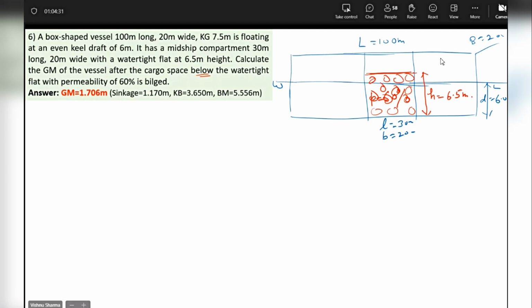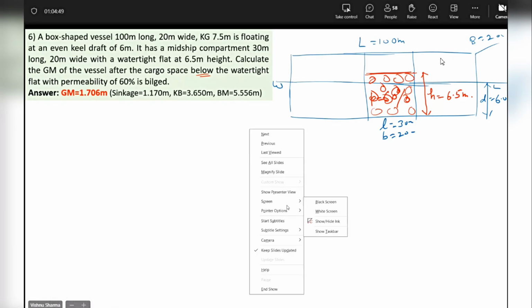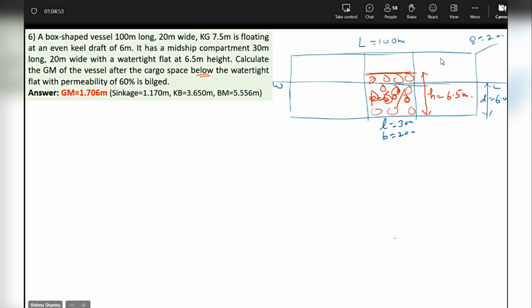In all these questions until now, what were we doing? We were bindas drawing W1, L1 and proceeding. Now I'll hold back W1, L1. Guys, what is the first shade, the lost buoyancy? I'm sure all of you would agree that this will be the lost buoyancy up to 6 meters draft. So what do I do? I calculate the lost buoyancy,